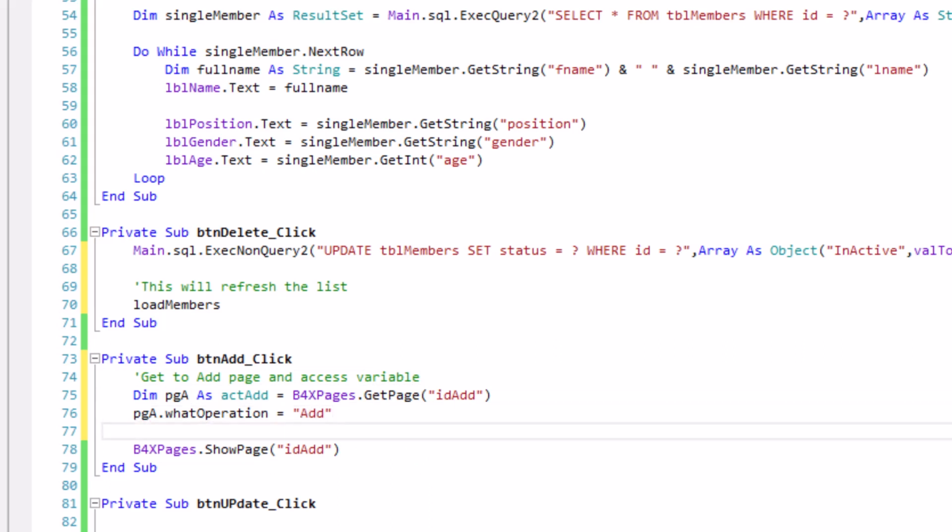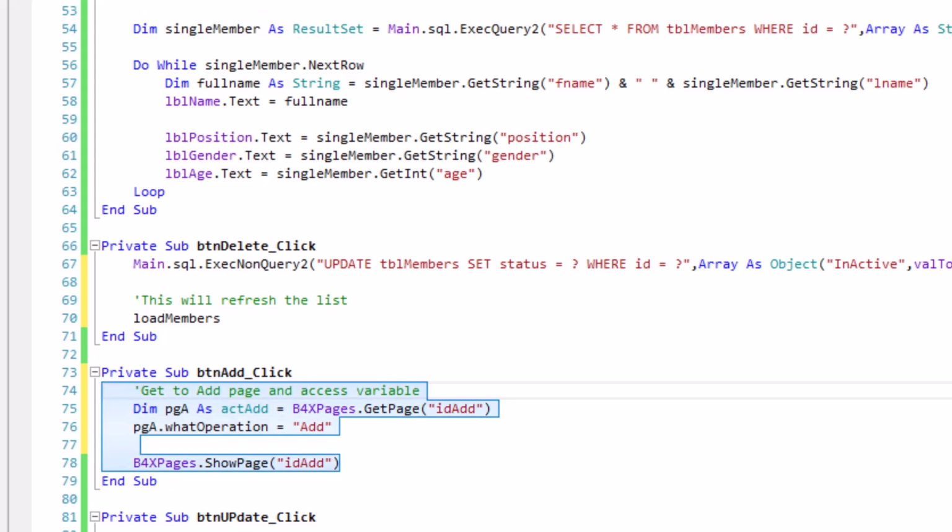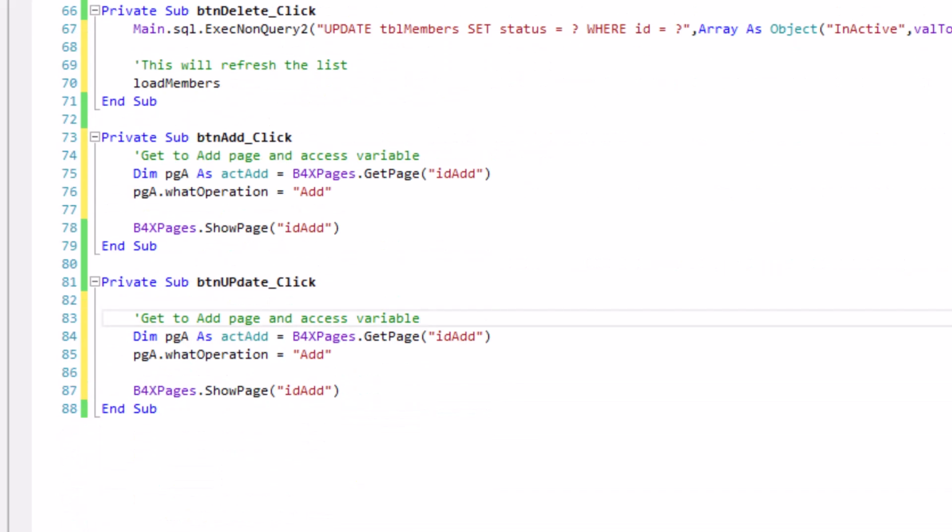Good. We can also move this thing to update. Let's move all to update. So here we change to update.